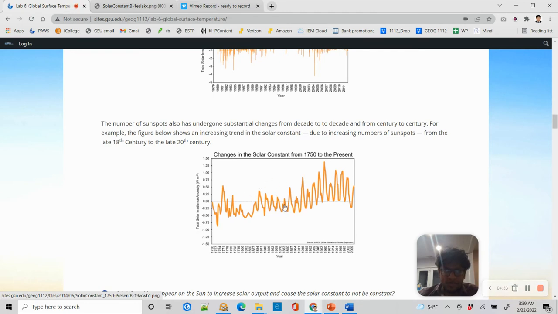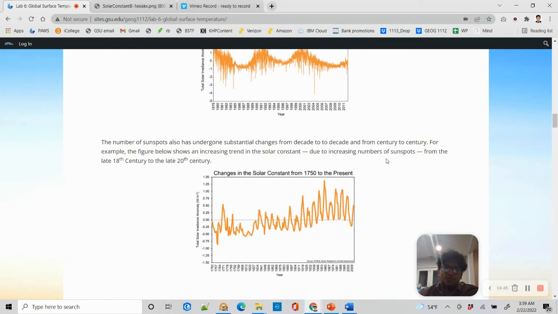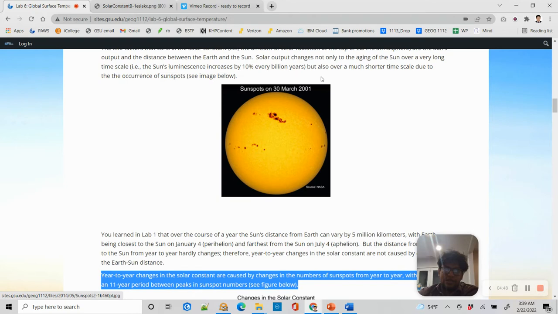Even if you look at the description here, you can understand some of the questions or some of the ideas. So what things appear on the sun to increase solar output and cause the solar constant to not be constant? You already know the answer is already here. So